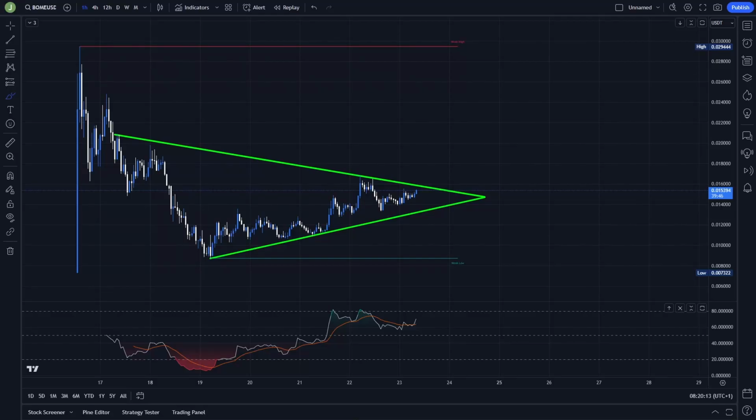What's up everybody, welcome to a new video, and today we will take a quick look at Bome, because once again this coin is forming a pretty interesting trading setup that I want you to know about. So if you are interested in the exact trade, the exact entry, exact stop loss, exact take profit target that I'm planning to take on this coin, of course if certain conditions are met, then definitely watch this video till